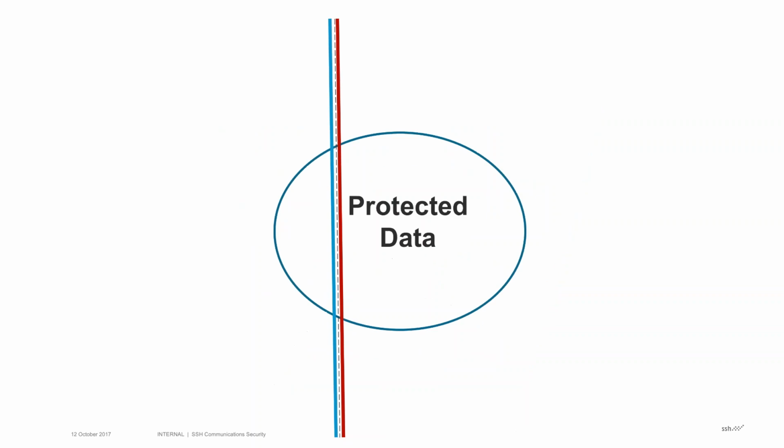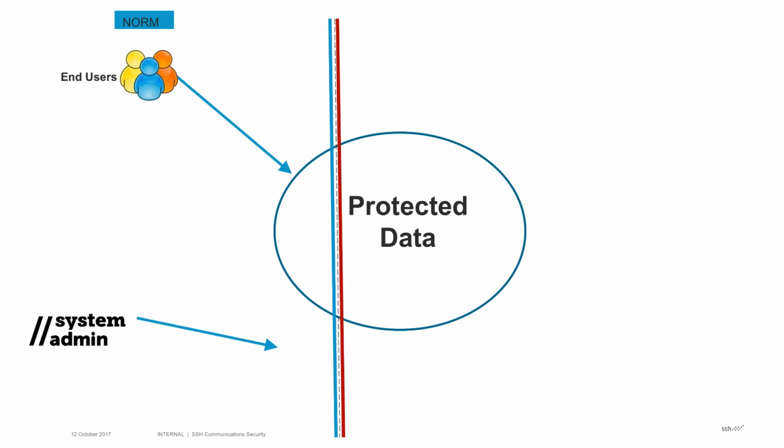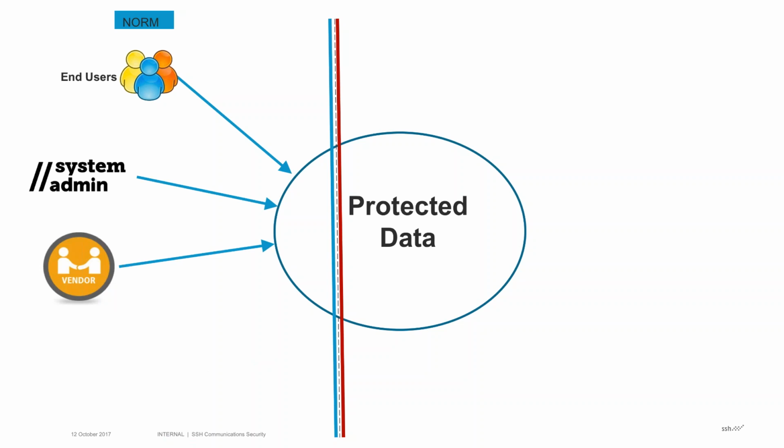Now, when you keep that thought in mind and you consider what's protected, I'm going to portray a known versus threat picture here, hopefully to deliver a message that we all need to be aware of. When you think about the norm, as professionals in security, compliance, privacy, governance, we have enough to worry about day in and day out to make sure that we have authorized access to protected data from end users, from system administrators, our vendors that are coming from all over the place, and of course, automated processes that access our data for various reasons. That alone is a nightmare to maintain on a normal basis.